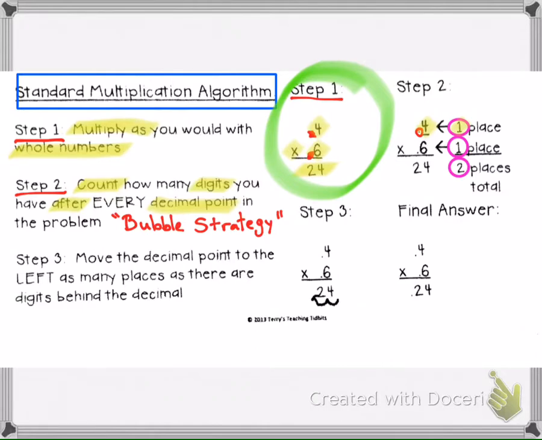decimal. On the second factor, which is the 6/10, there's my decimal, and my only number behind the decimal is the 6. So again, it's just one number. And then that means that we have another 1 in that bubble. The final bubble, the one for your answer, needs to have the sum of the first two bubbles, which means you're just